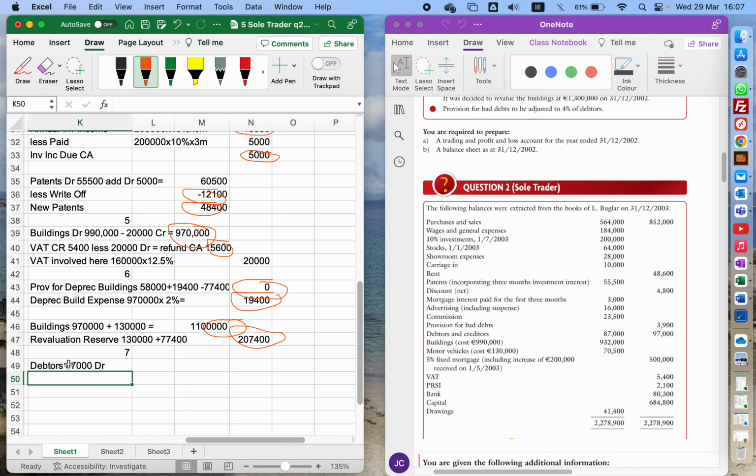So debtors at the moment is 87. So I got that here for my trial balance. I want to make that into 4%. So my provision for bad debt is going to be 87 times 4%. So the new figure is 3480. And that's BD, not BC. Okay. So we'll look at our existing one,